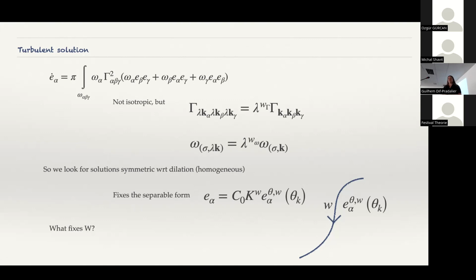Find one solution and still invariant. Why would it keep that the problem is still invariant? It does not mean that the problem is scale invariant. It's just that there are two approaches. Either you find a solution and prove that it's unique, a unique solution that has a flux, or